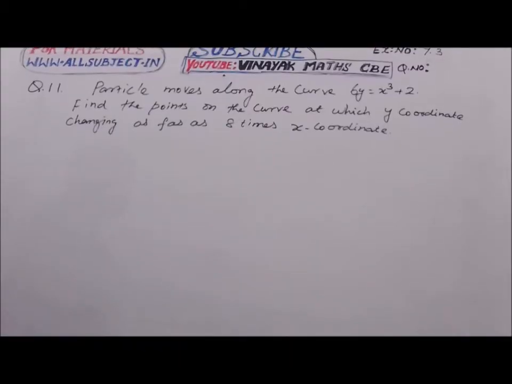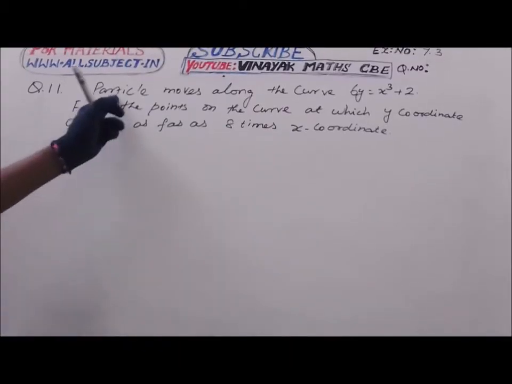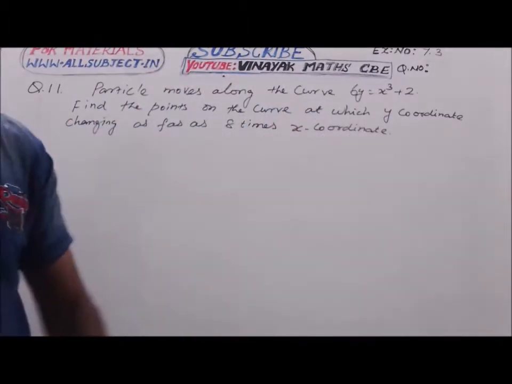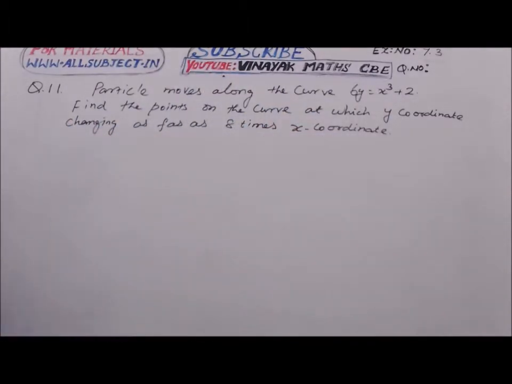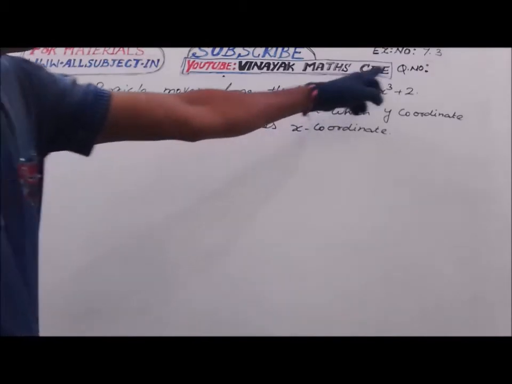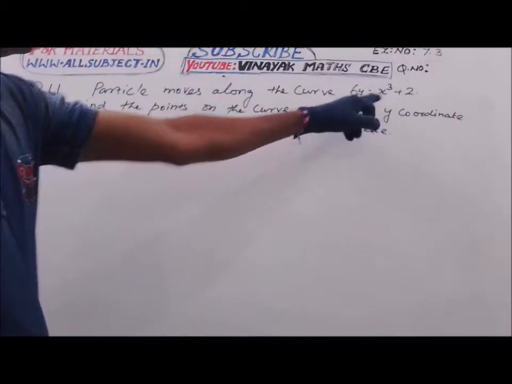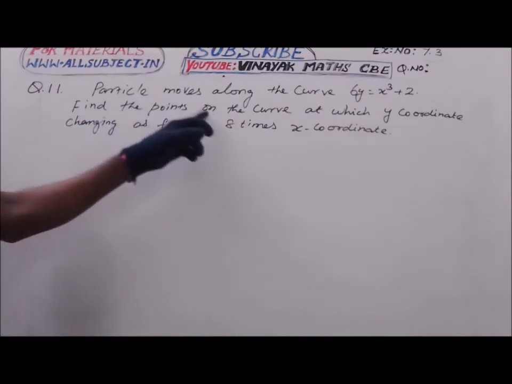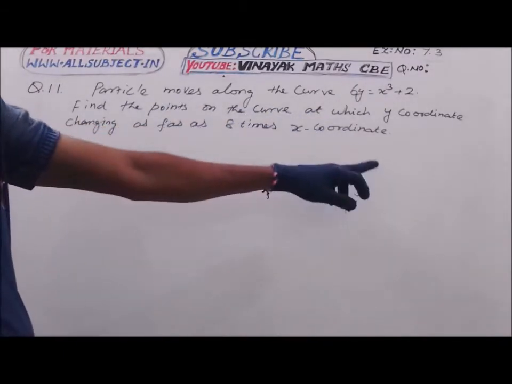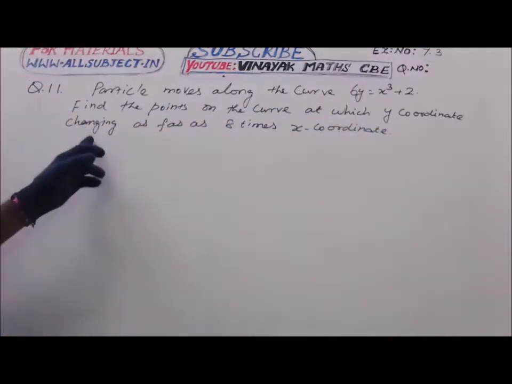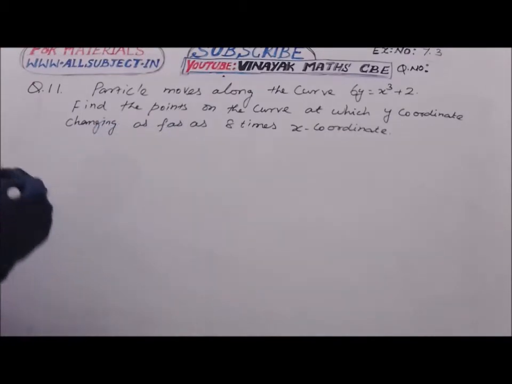Question number 11. A particle moves along the curve 6y equal to x cube plus 2. Find the points on the curve at which the y coordinate is changing as fast as